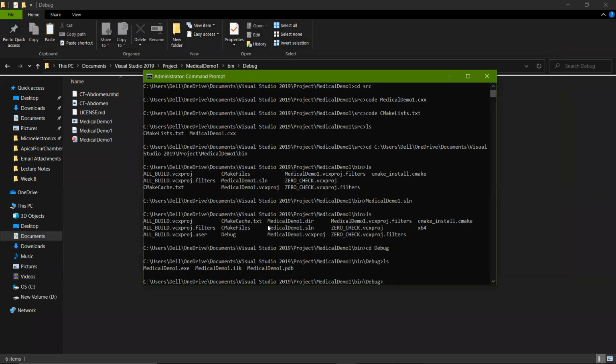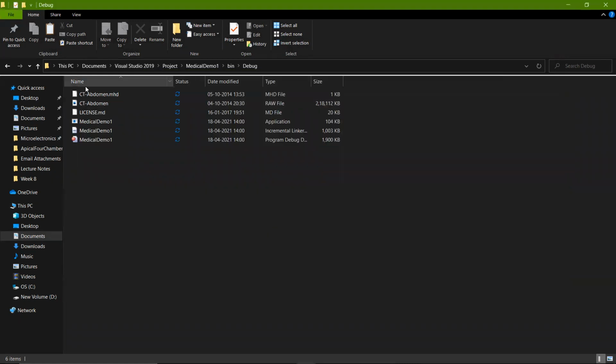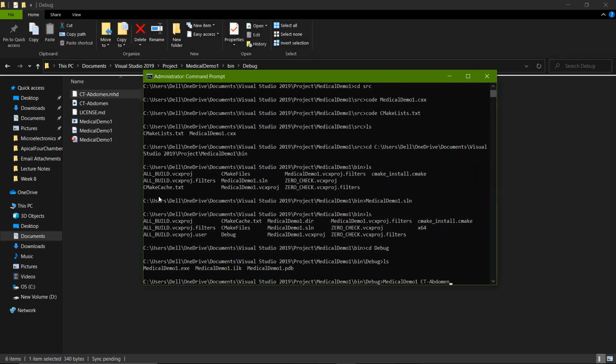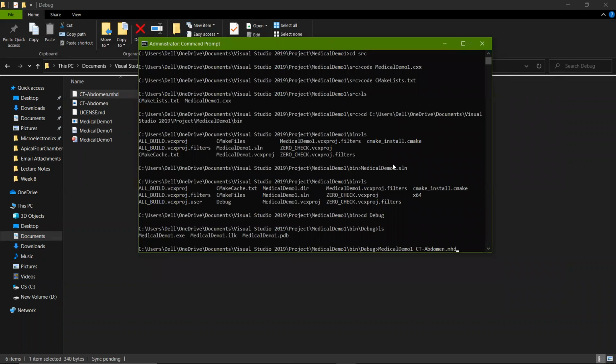Then we'll just type medical demo 1 and type the name of this data. In this manner, you will be accessing the datasets. So we'll run this application based on our provided data set.